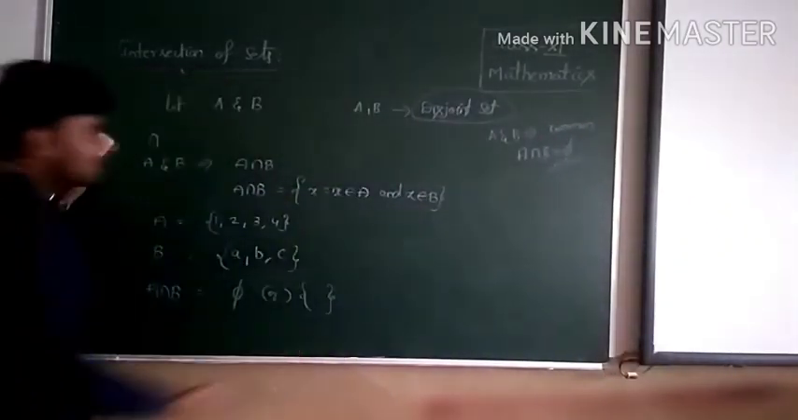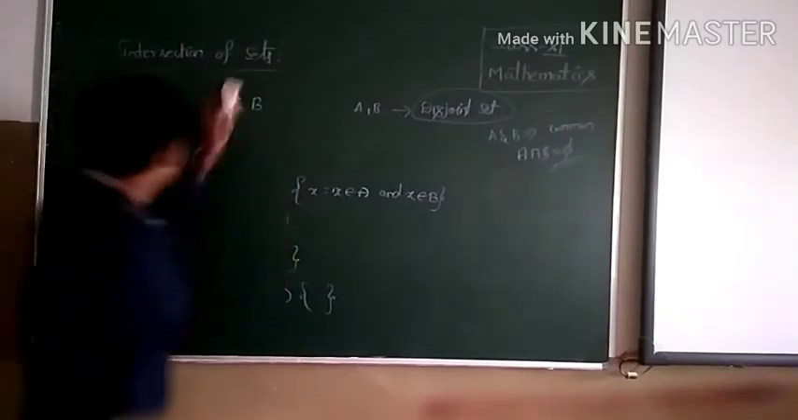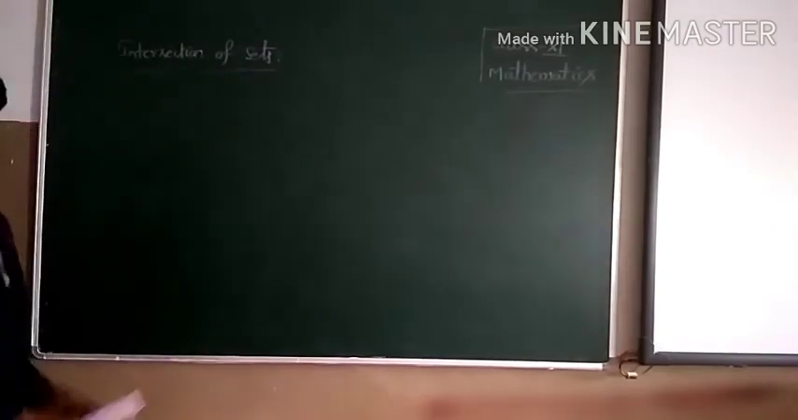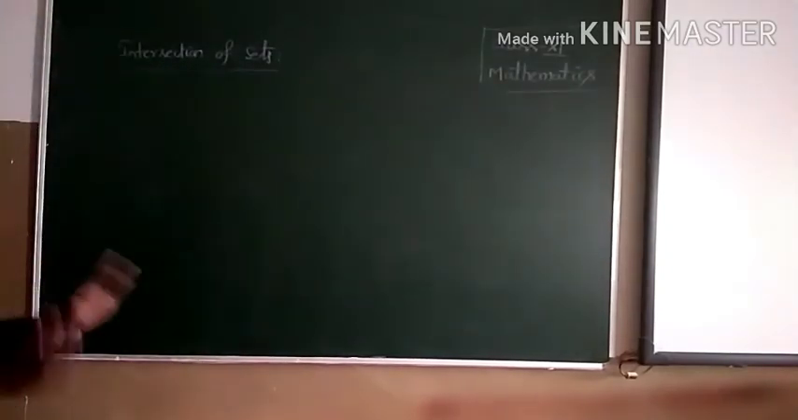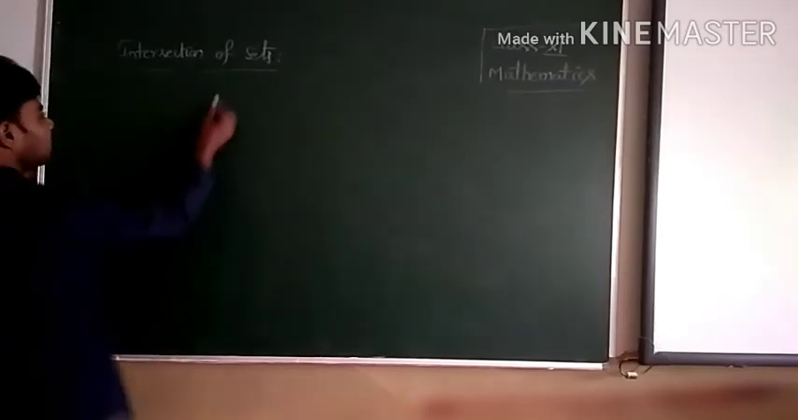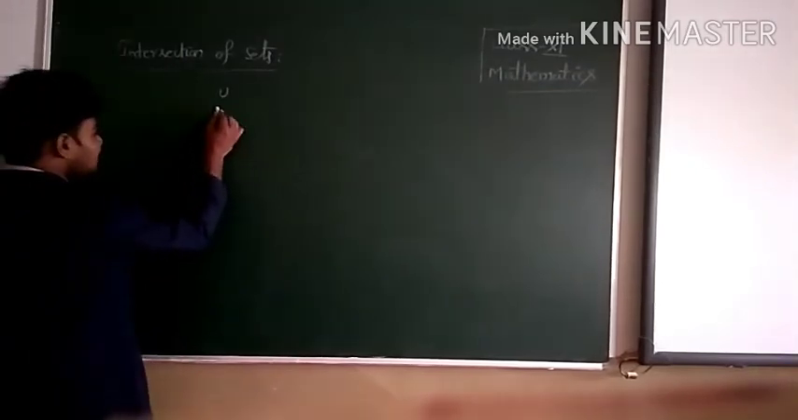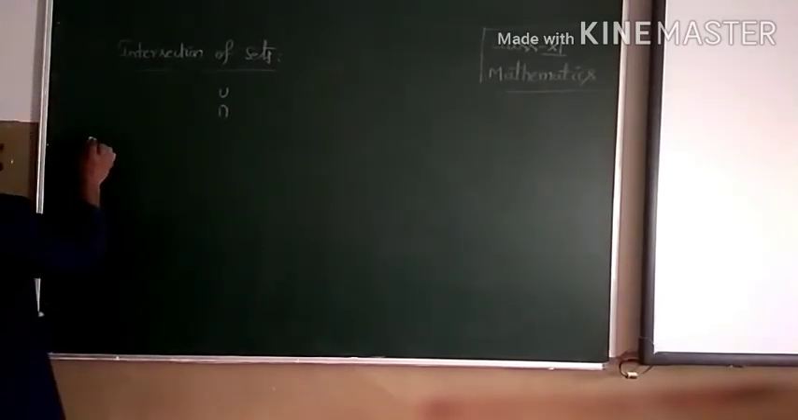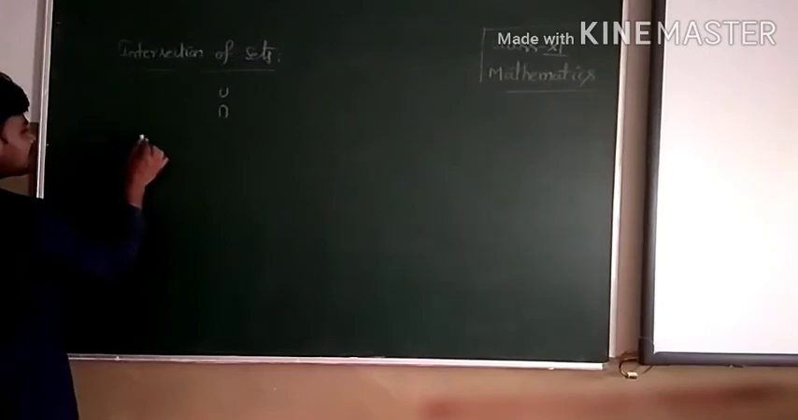Next, we have some important properties under intersection of sets. Already we have discussed this kind of properties in union of sets. Just here the symbol is changed. In the union of sets, we used the union symbol like this. Now here, in intersection of sets, we use this symbol. See here, the first one is for any set